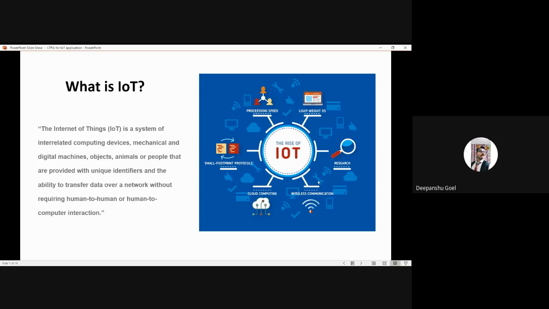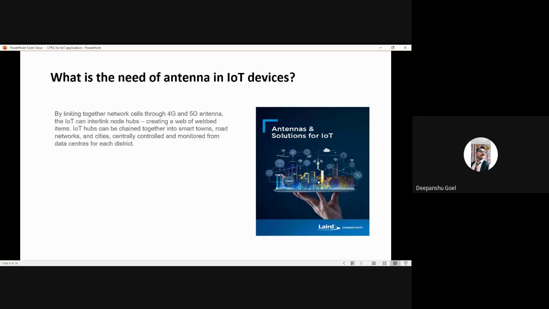So what is IoT? As Dr. Rashmi Bhardwaj, ma'am, today's guest of honor, has already shed light on Industrial Revolution 4.0, which includes the need of IoT, we have already seen all our insights. So IoT connects millions of devices and helps for mutual interaction. So why do we need an antenna for IoT devices? As Dr. Musti Shastri, sir, today's keynote speaker, already told us the importance of IoT.